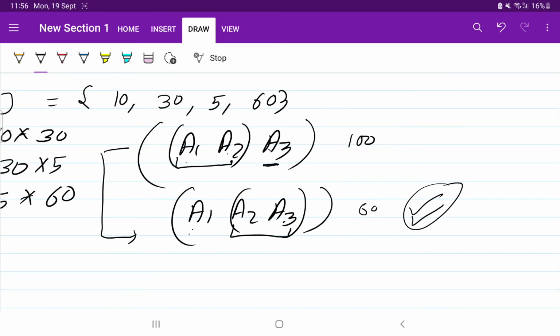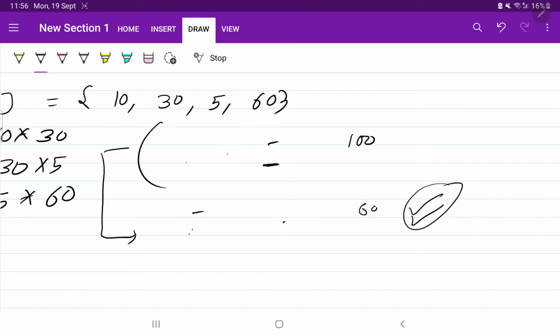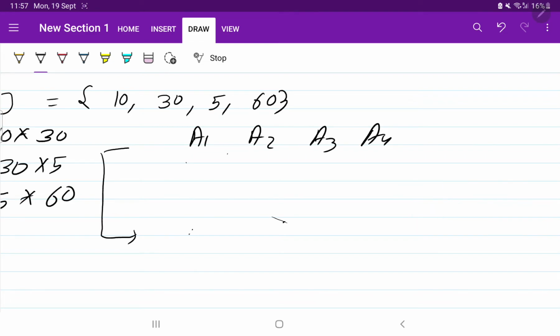So think like a real life example. Suppose there are multiple tasks. Suppose instead of 3 tasks, there are 4 tasks. What are the 4 tasks? Let's say a1, a2, a3 and a4. And I told you to minimize the cost of the tasks. So what are you going to do? You are going to calculate: let us perform a1, a2 together, a3, a4 together, and then finally we will get the task. Suppose here you get a cost of 100 rupees.